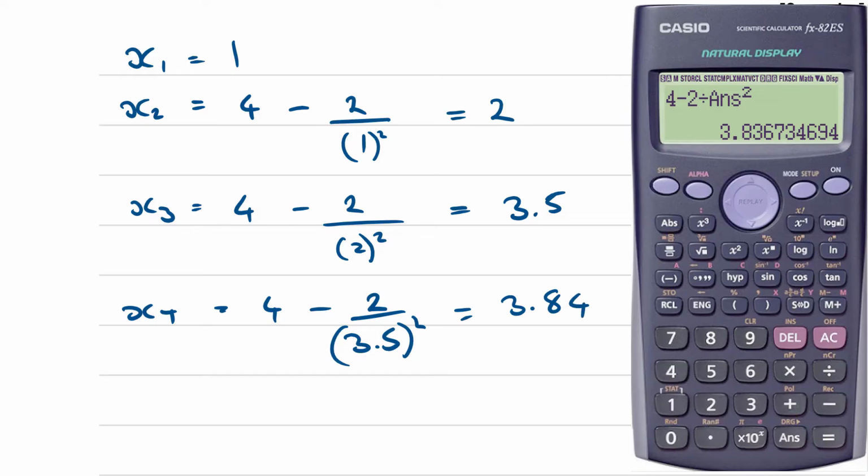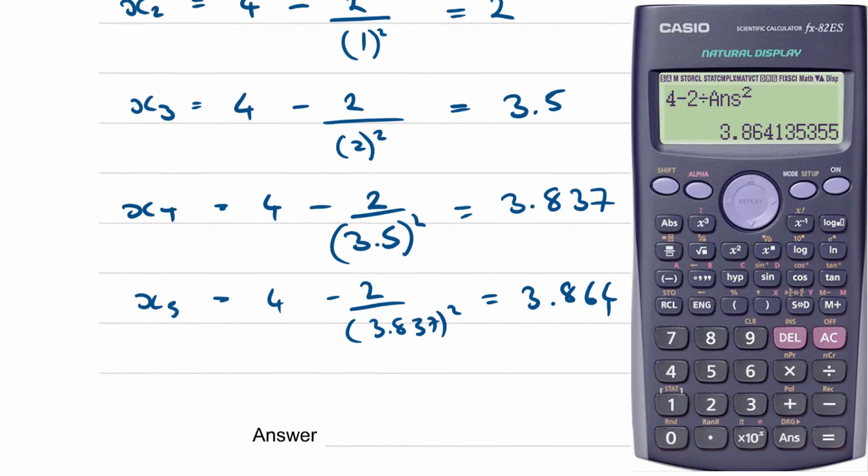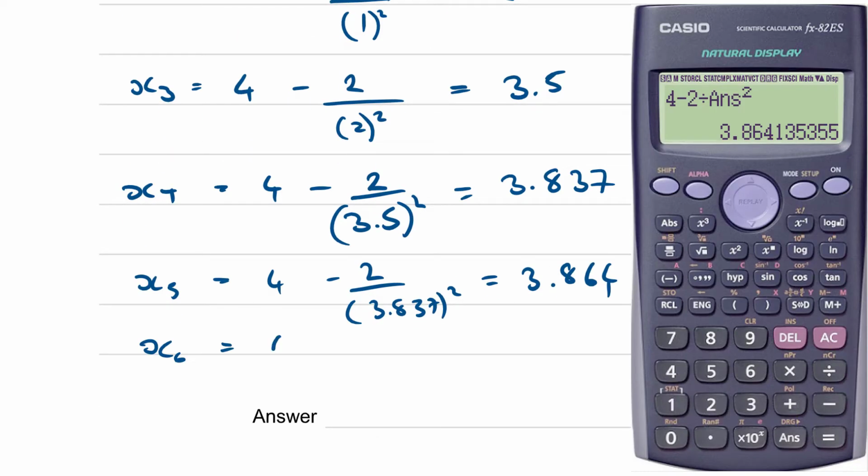Let's just, actually I might write it to 3dp to start with so we can see if it's settling down. Okay, so then x5 is going to be 4 minus 2 lots of 3.837 all squared. But I just need to press the equal button. That gives me 3.864. So it's still not quite settled down. So x6 is going to be 4 minus 2 lots of 3.864 all squared. And that is equal to 3.86